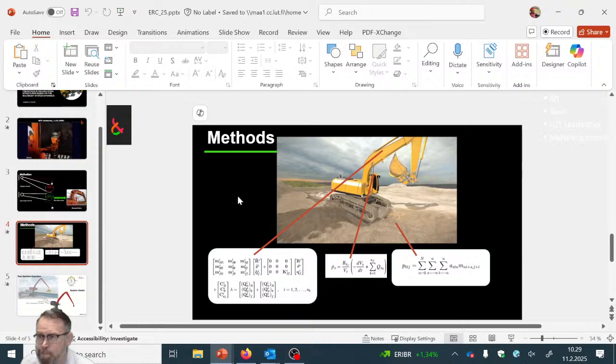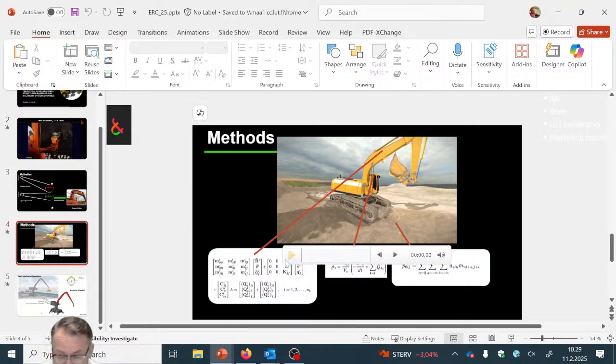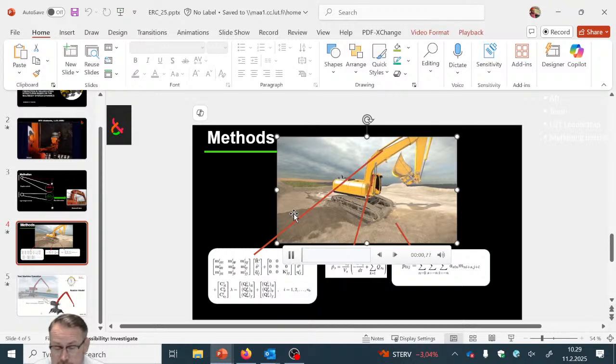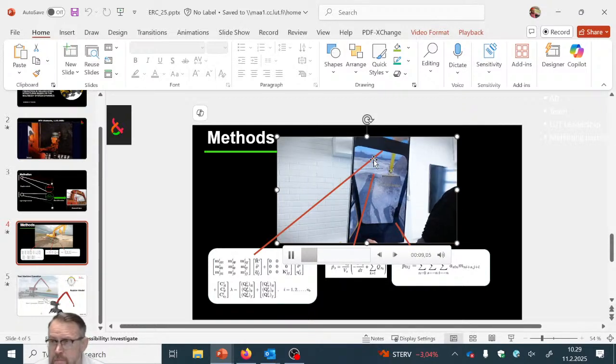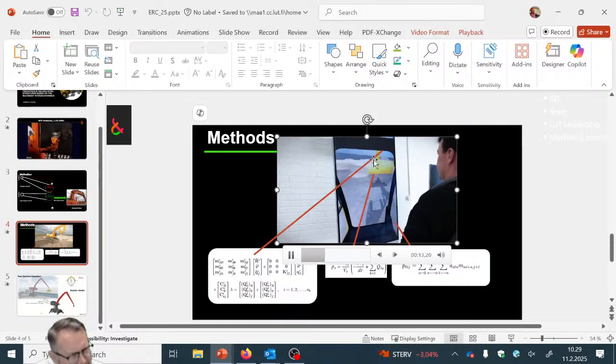I think you can do an animation for the lines, and when you start the video, they will disappear. Yeah, I got it. So as soon as I click this one, I can set it to automated timing, and these disappear. You could collect the lines and then do the animation. Can I do something like that in PowerPoint? Yes, I can.